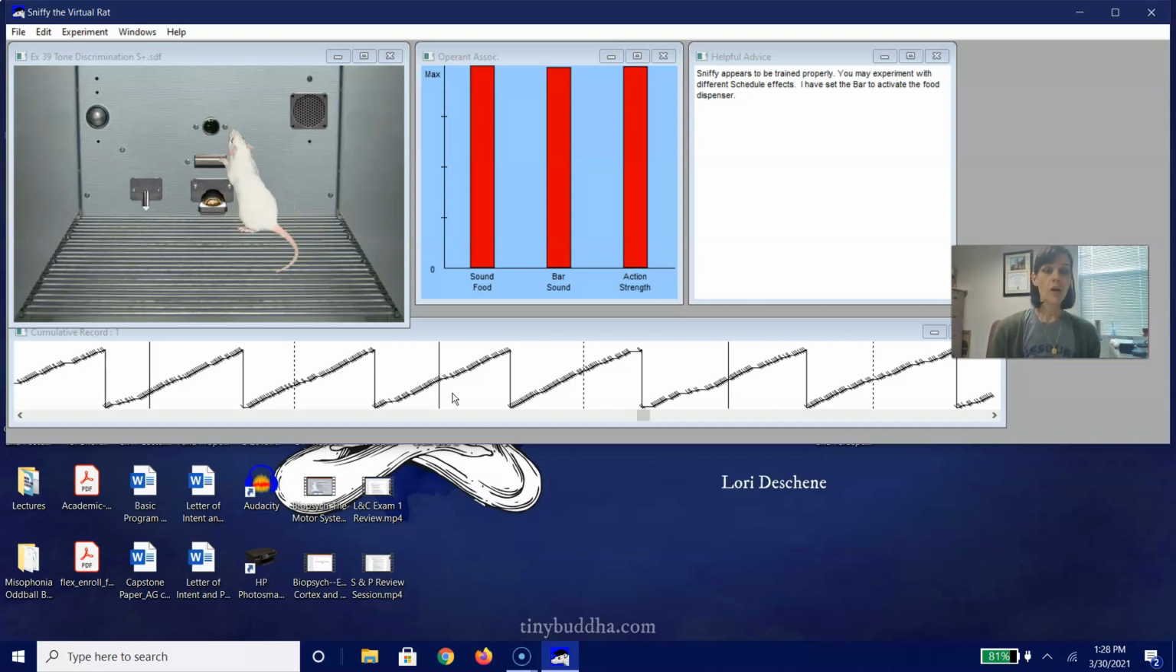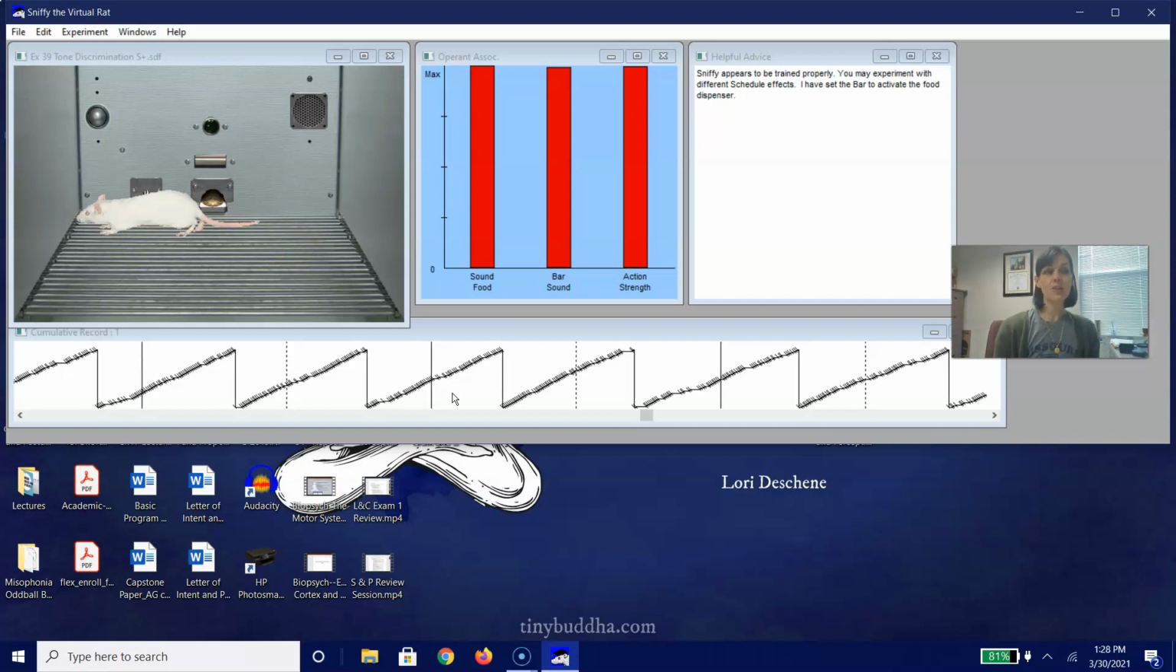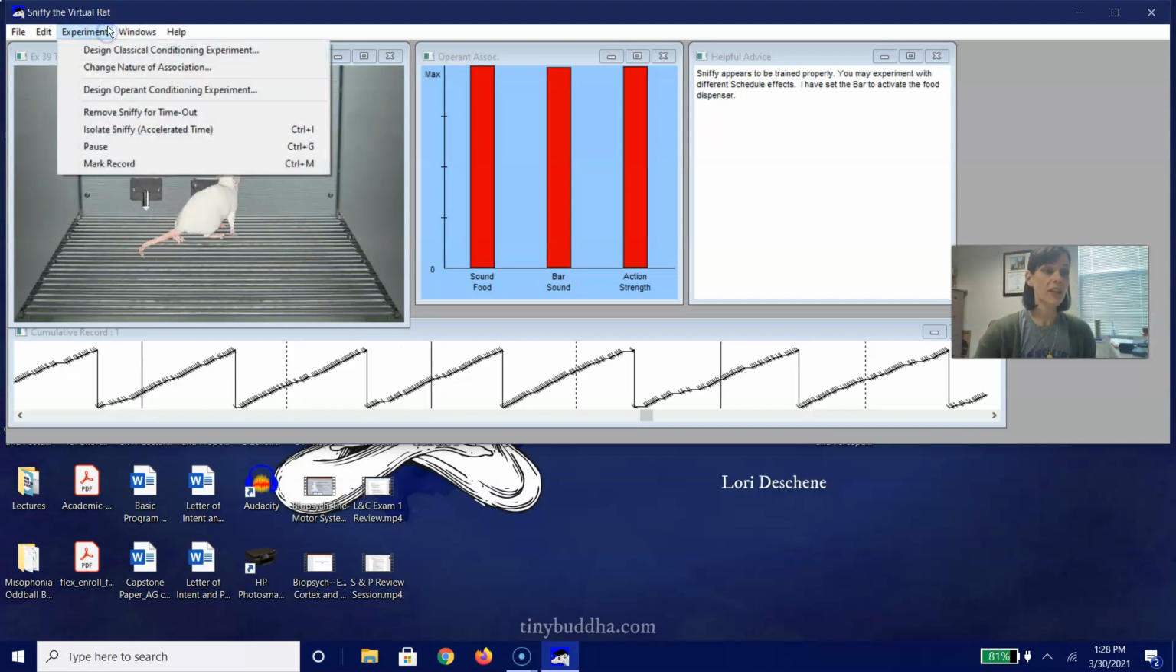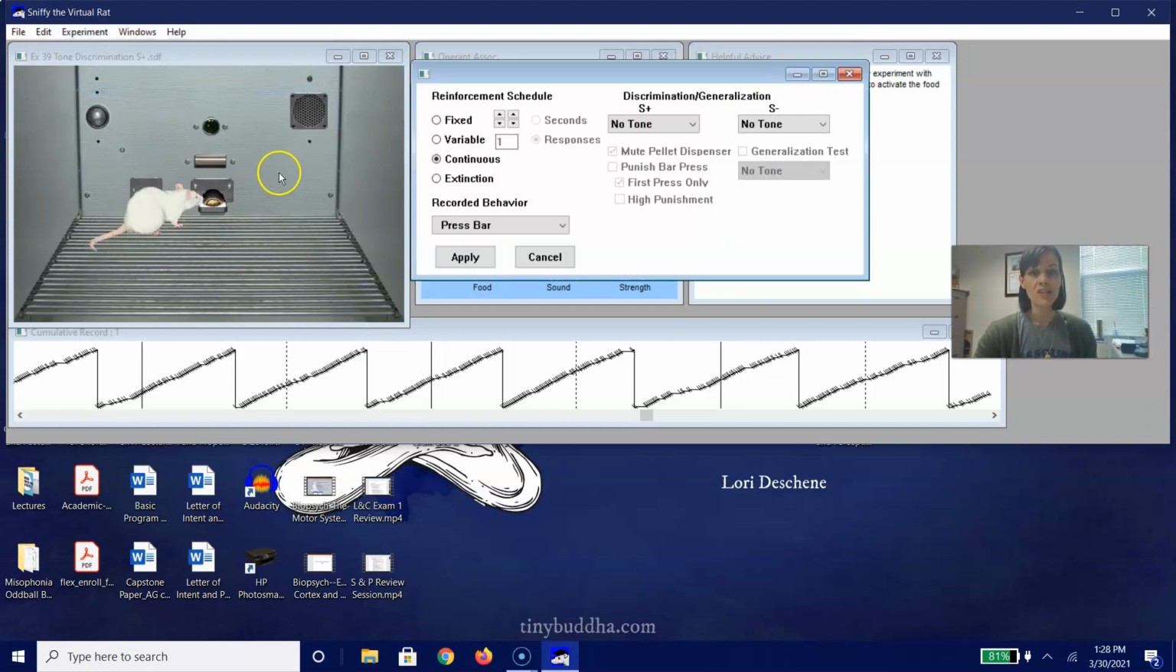And we'll kind of talk more about what these mean as we start talking about stimulus control. So I've already kind of done my save as. The next thing we're going to do is we are going to go ahead and click on design operant conditioning experiment. So we're going to go back to our experiment here. Now here's what we're going to do. So you need to follow